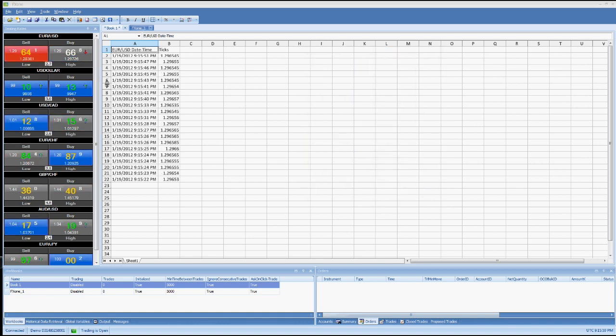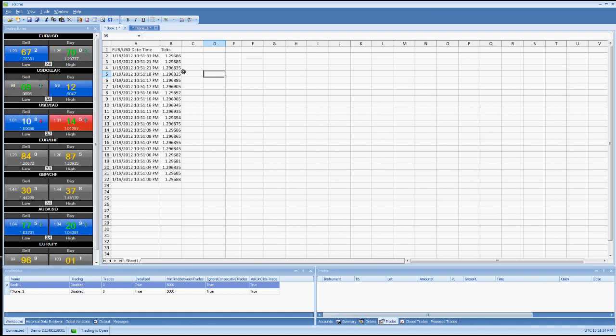We can see here that we now have EURUSD, the date time column, we have tick level data, and we see that it is updating in real time, both the timestamps as well as the tick values themselves. So again, we can see our data here updating in real time. And we can now manipulate that data in any way that we want with all of the standard Excel functions